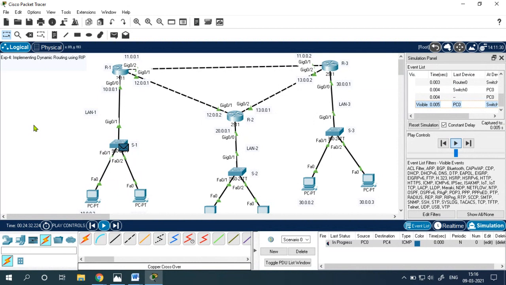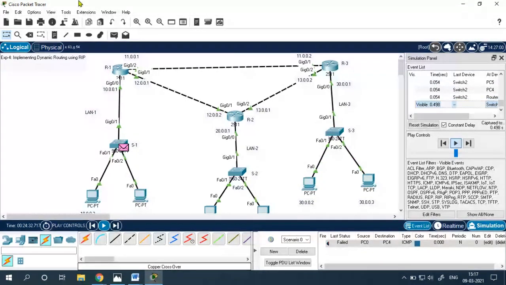The packet is wandering in the same network itself. But here you can see that at router 1, it's not able to decide its path, that is the route. So it cannot be routed because no routing information is provided there. Which protocol you are using, whether it is dynamic or static, right?